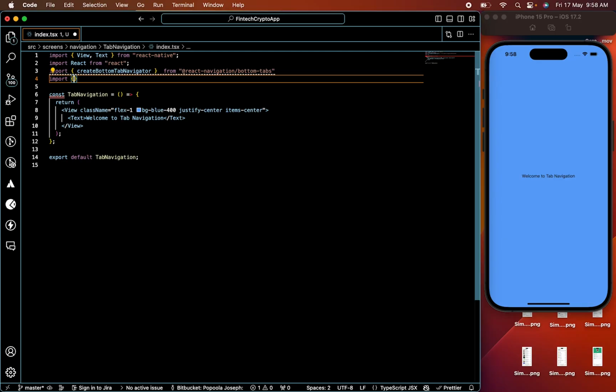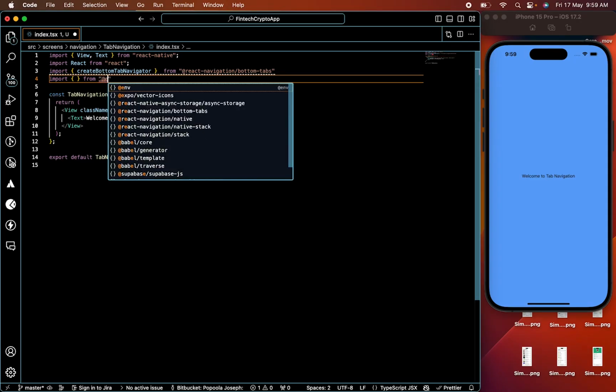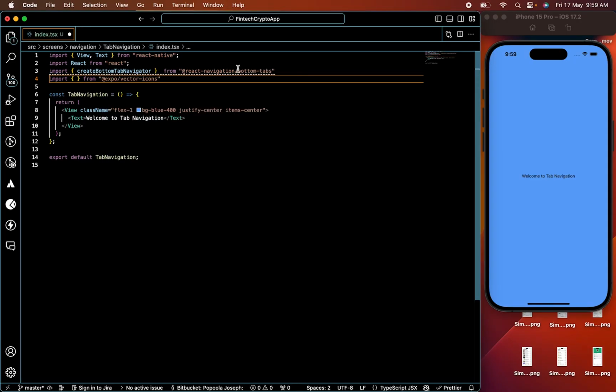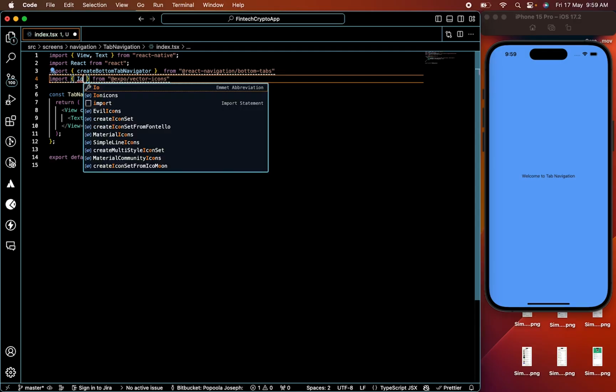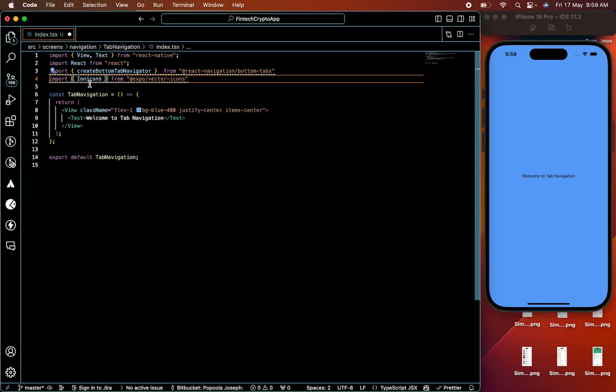Let me first import from @expo/vector-icons, and what I'm going to import from expo vector icons is Ion